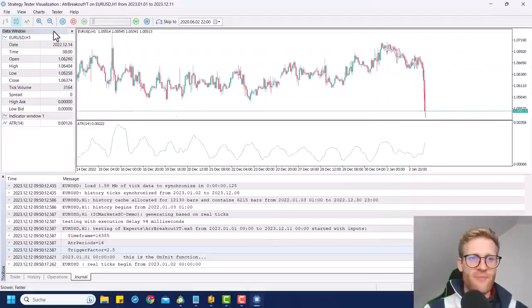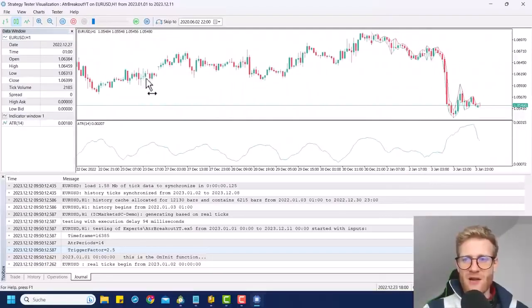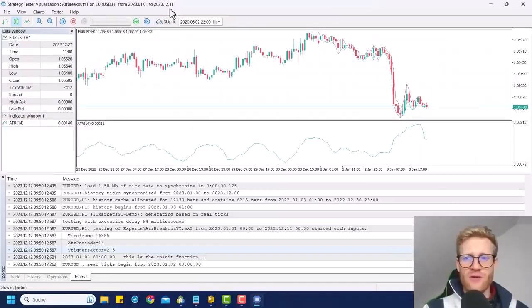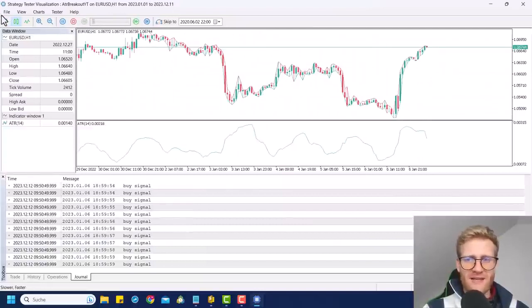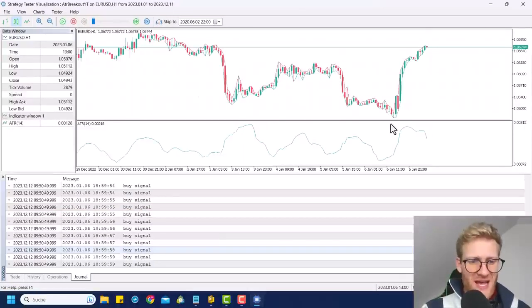So if we speed up the process here, we will see if there's a really big candle like this one, and there is a signal, we should see it printed. But since this is a short candle and we didn't add the short signals yet, we don't get a print message. But here, okay, we have some signals. This is great. So the last signal was